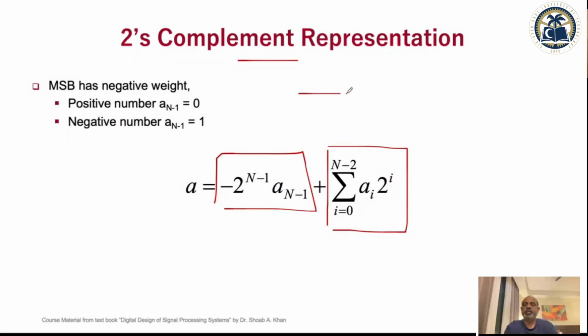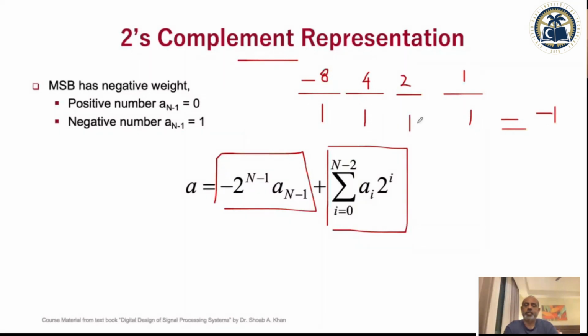Like if they are 4-bit numbers, this bit has a positive weight of 1, this bit has a positive weight of 2, this bit has a positive weight of 4 because it is going in powers of 2, and this bit would have a negative weight of -8. So a 1 here means -8, and a 1 here means +4. So this is -8 plus 4 plus 2 plus 1, with all bits 1, which becomes -8 plus 7, which is -1. So -1 will be written as 1111.